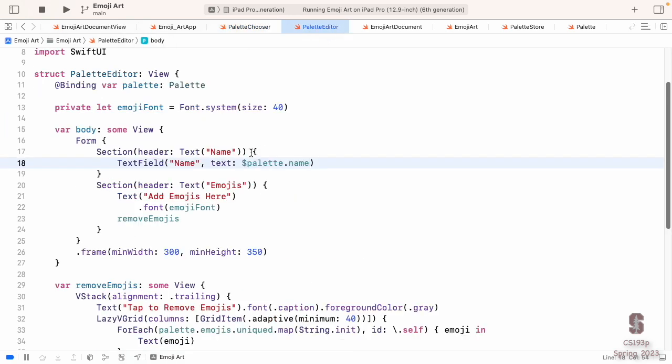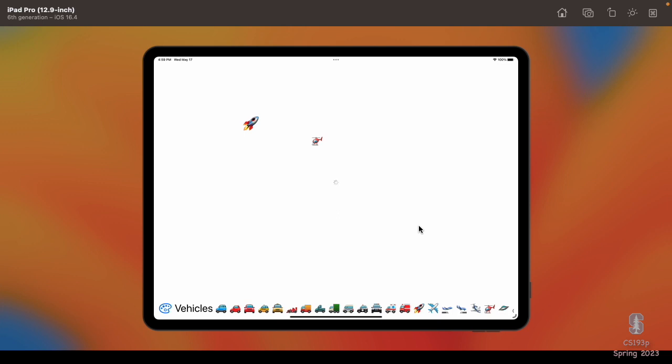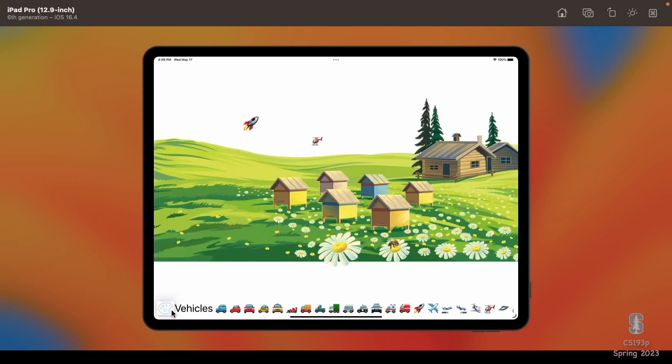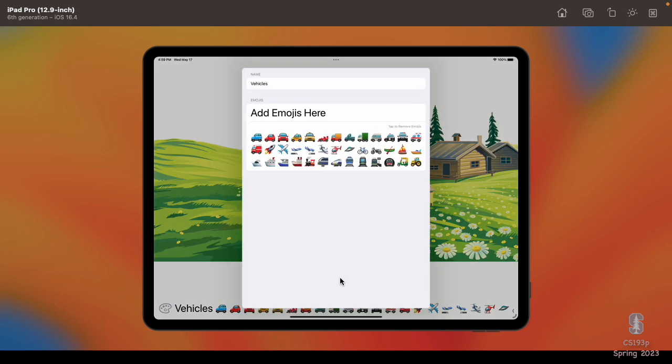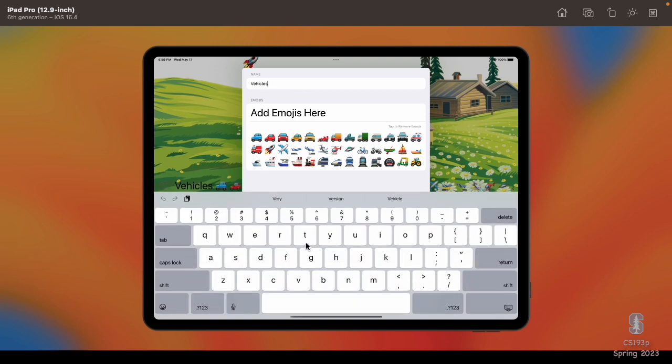Let's go back to our editor and look here. While we run, we edit. Now it says vehicles because it's showing you what's in the model. And watch this. If I go now and change this to travel, look what's happening even as I'm deleting. You see, it's changing it in the model. You can see it down there, travel, right? We are directly editing this thing in the model. There's a single source of truth for it.